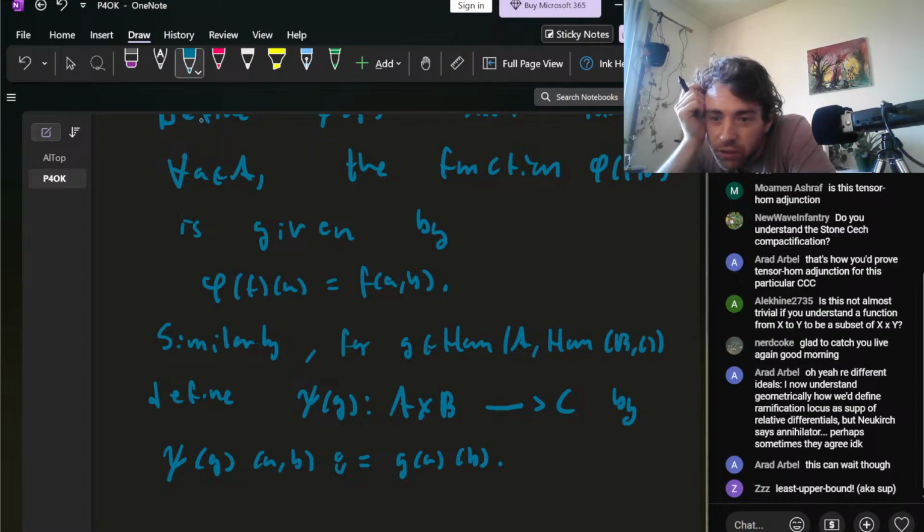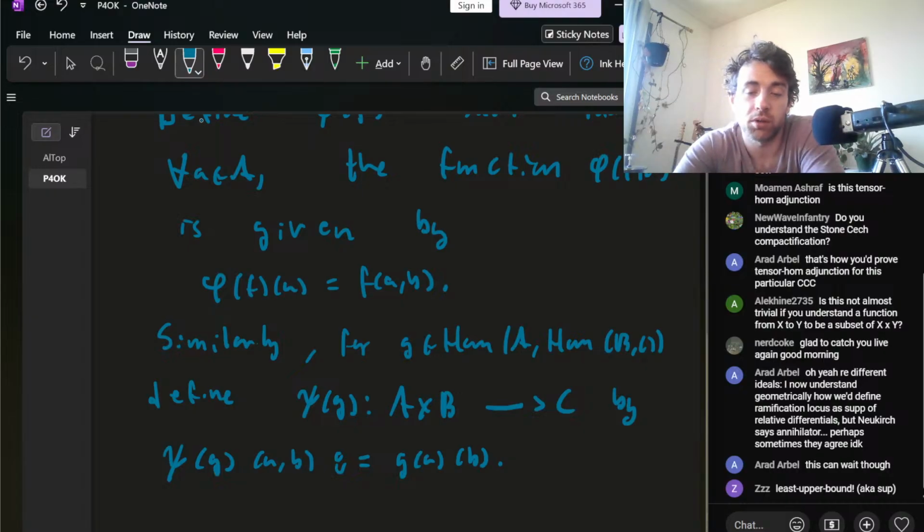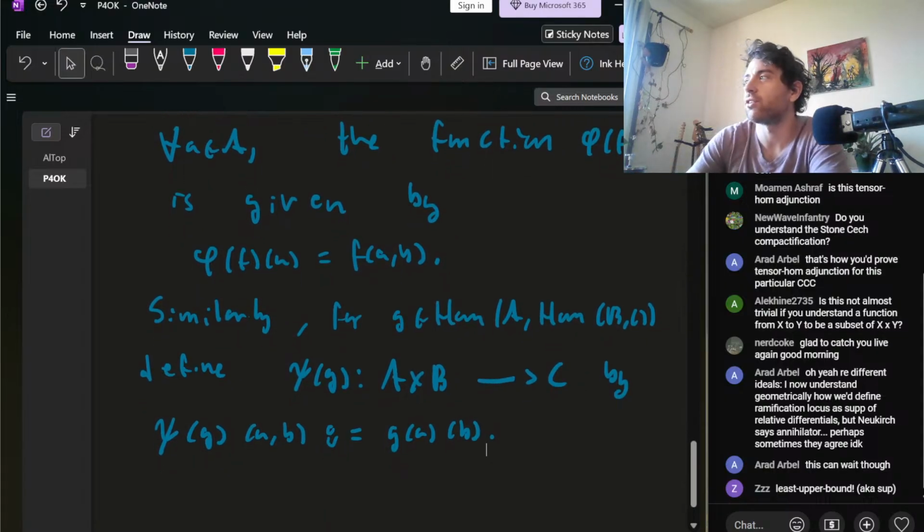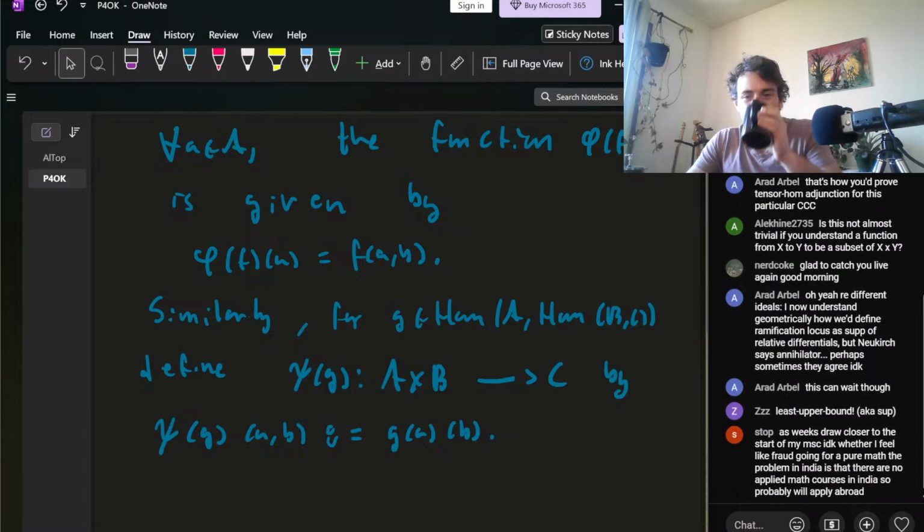They're different ideals. Now you understand geometrically how we define the ramification locus as a support of relative differentials, but Neukirch says annihilator. Perhaps they agree. Well, we can dive into it. Yeah, I mean, an annihilator is somehow the dual of the support or something, right? So